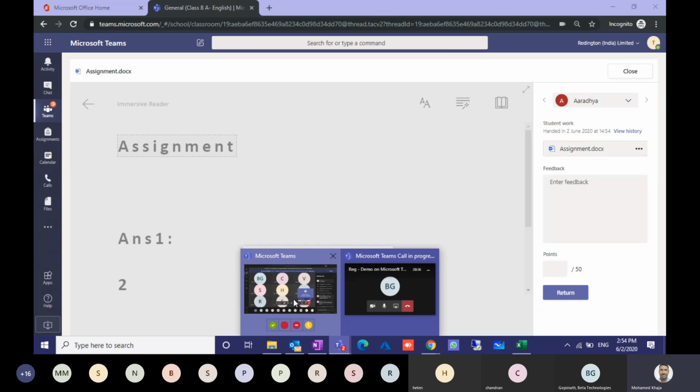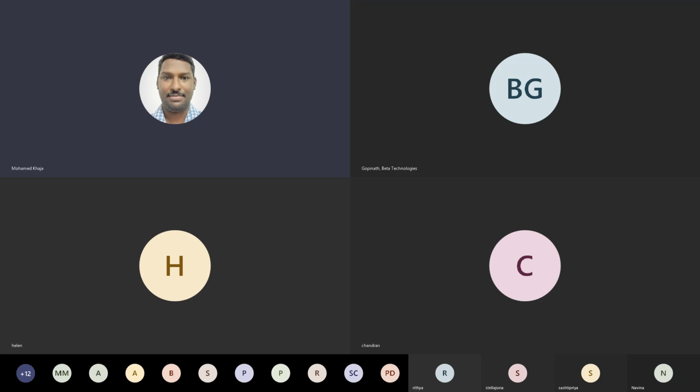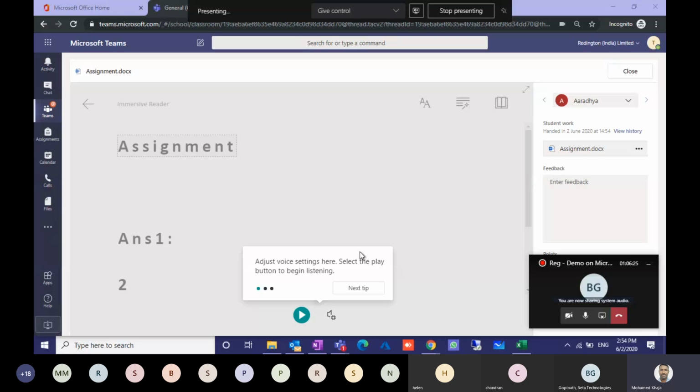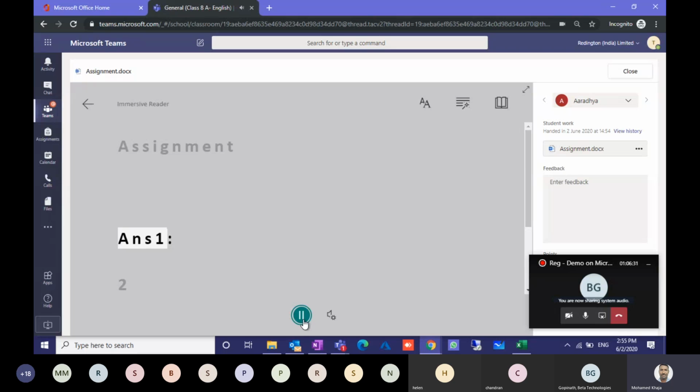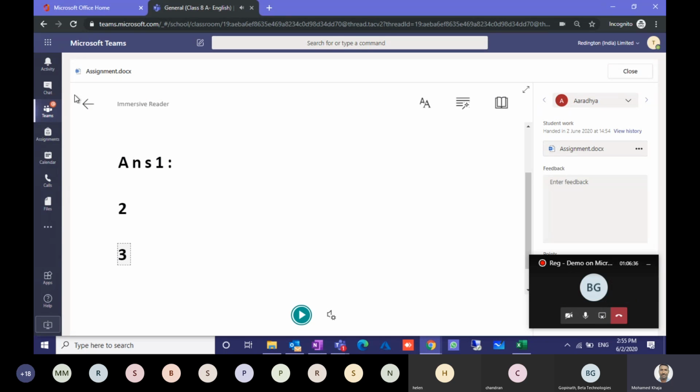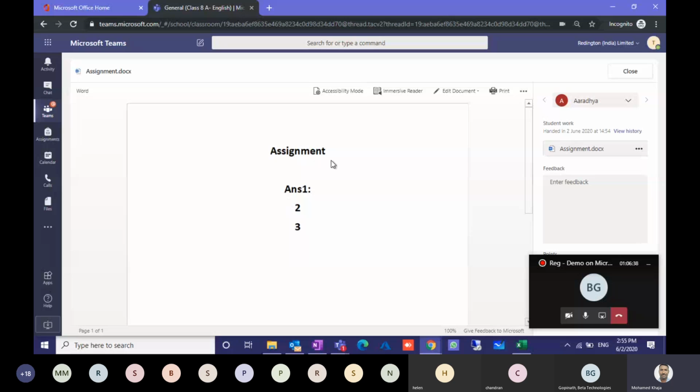I will show you with the audio. When you click on the Immersive Reader and click assignment ANS 1, 2, 3, it will be very helpful for you to read out this assignment.